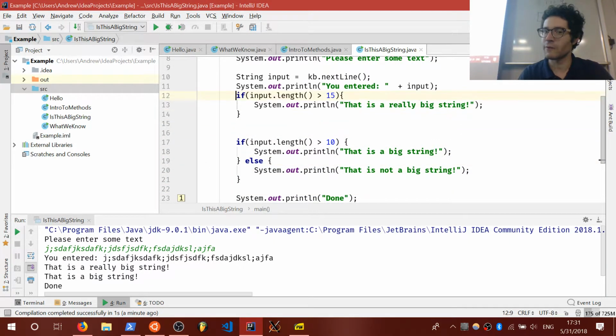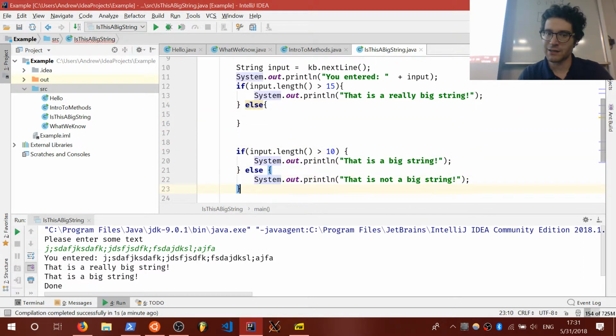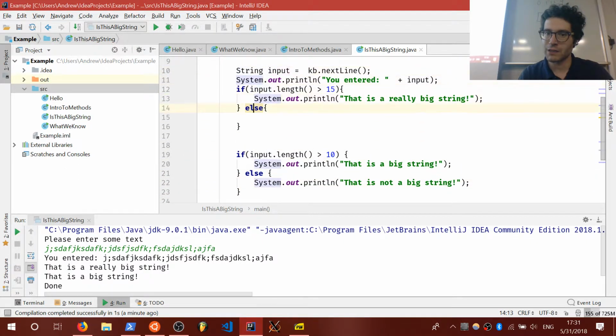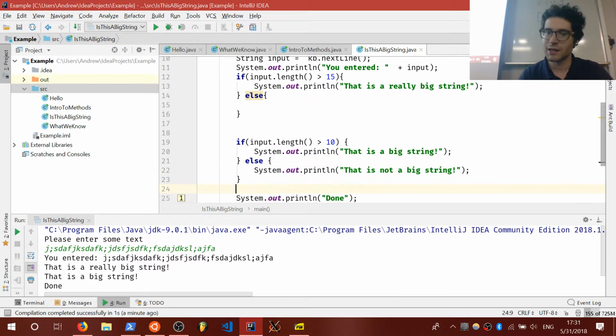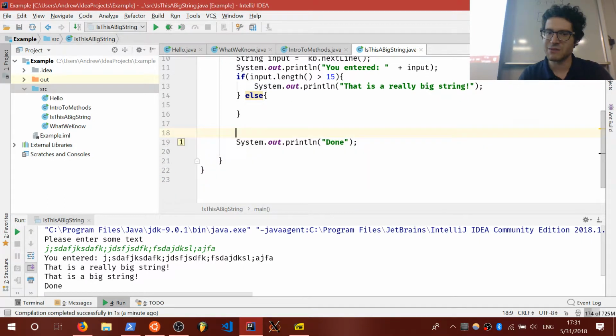So you've got this one if statement. If we're going to add another if statement, then there's a couple ways we can go about this. One way is that we can just do a bunch of nested if-else statements, right? I can take this. So if it's greater than 15, I probably don't want to print out both it's a big string and it's a really big string, right? I can nest them inside like this,